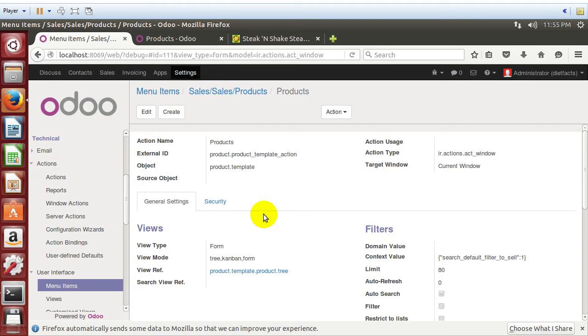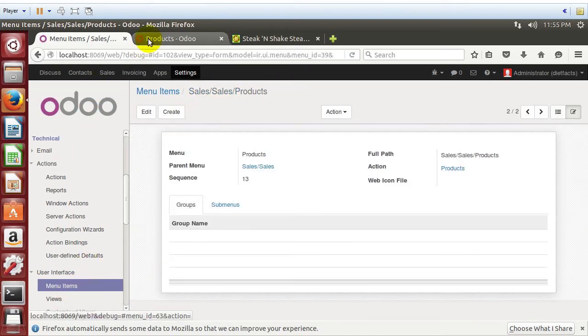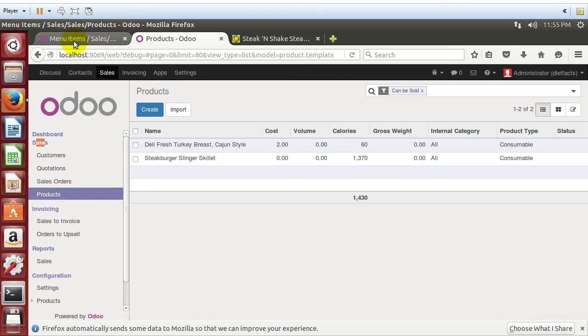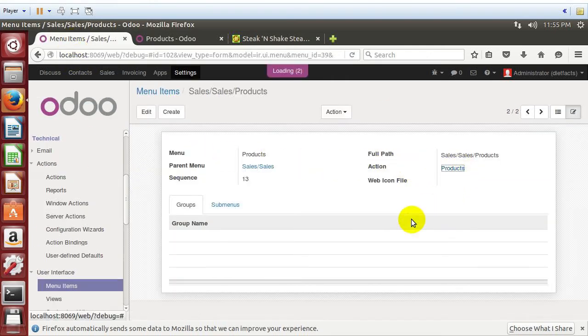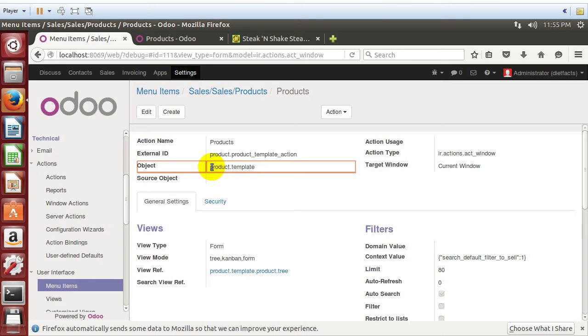And this now kind of completes that foundation framework of you understanding that this menu, when you click on it here, is calling this action, which then tells what models and what views need to be displayed. And you've learned how to change some of these things and change and add fields to these views. So let's